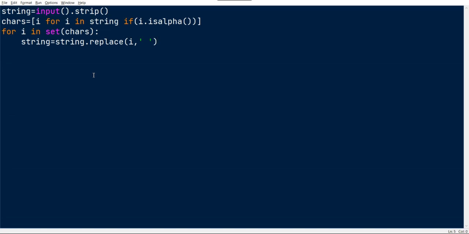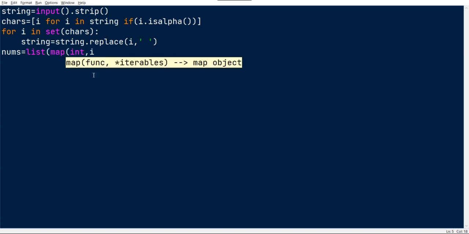We can easily store all those values in a list just by doing nums equals list of map of int, string dot split.